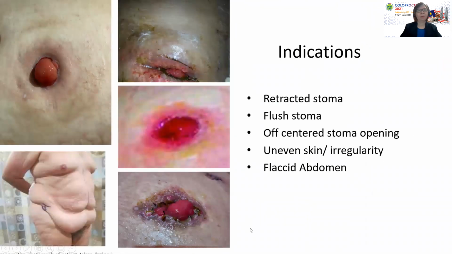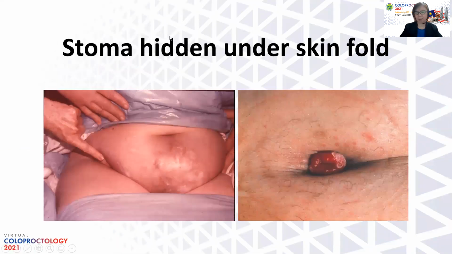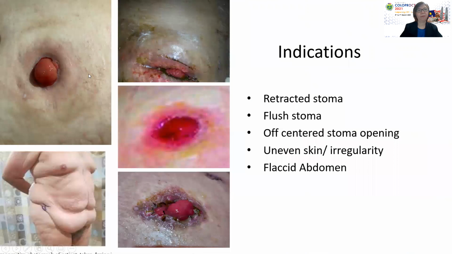Now, some of the indications for the convexity use is here. When you have a retracted stoma like this, or even sometimes a flush stoma like this, there is an indication to use. However, sometimes even a not retracted stoma like this one here, somehow the surrounding skin is a bit sunken in. Even though the stoma is well protruded, the surrounding skin is sunken in, it will make the management very